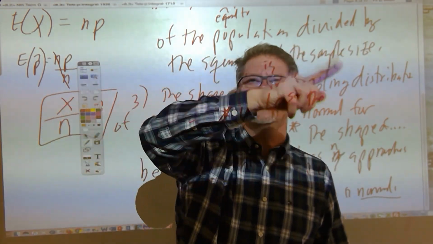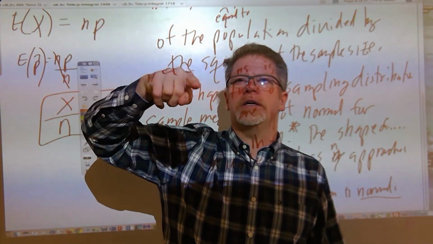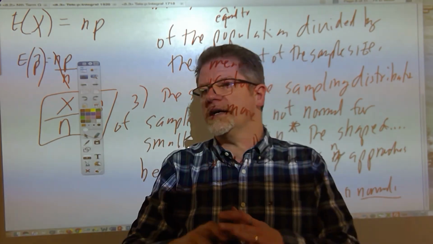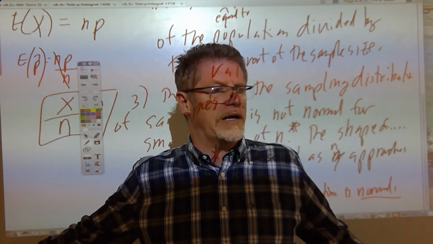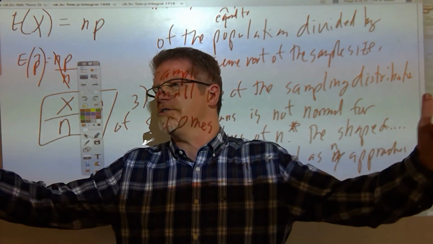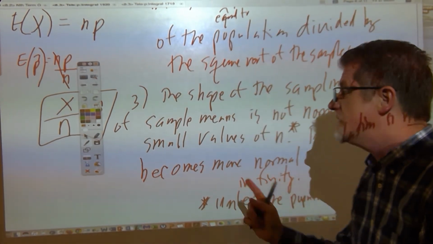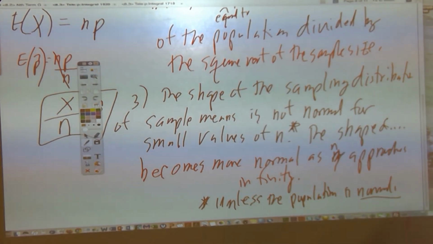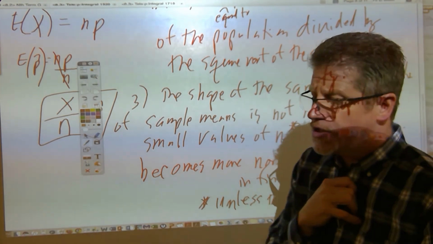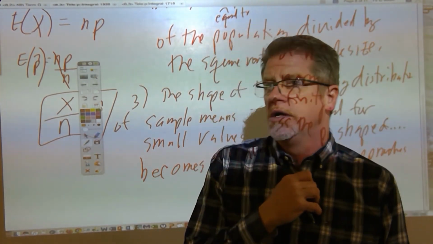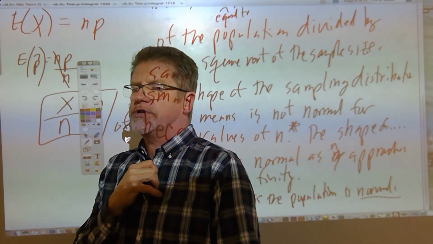Sample size 2, sample size 3: 1, 3, 3, 1. So Pascal's triangle becomes more and more normal. So yeah, we see it. All this work we've been doing has been leading up to the central limit theorem. So that's it. That is the central limit theorem, or at least the version that applies to the sampling distribution of sample means.